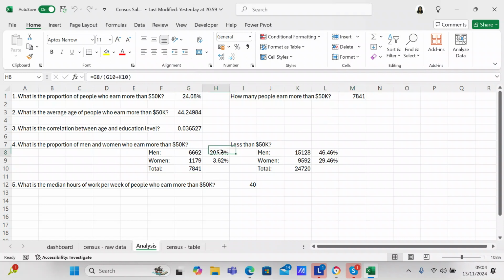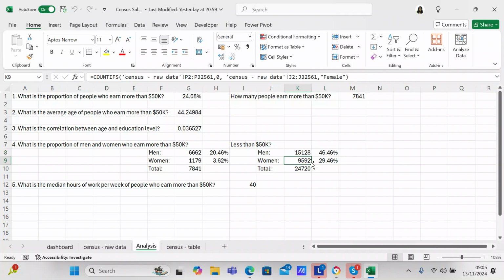And then I also got the percentages. So the percentage is G8 over G10 plus K10, and the next one is G9 over G10 plus K10. I just wanted to see the percentage of people who earned less than 50K a year. So this is exactly the same formula as the males, except for the salary. We put a 0 instead of 1, and that's